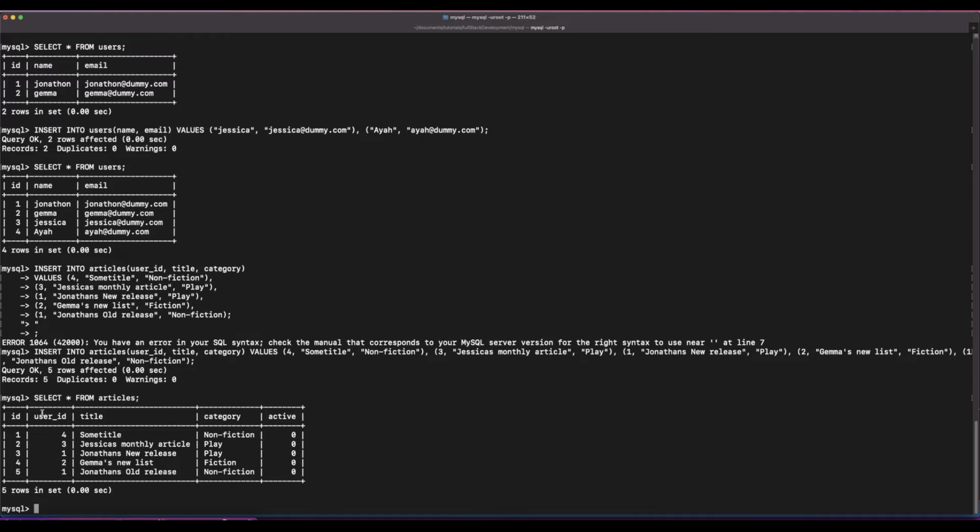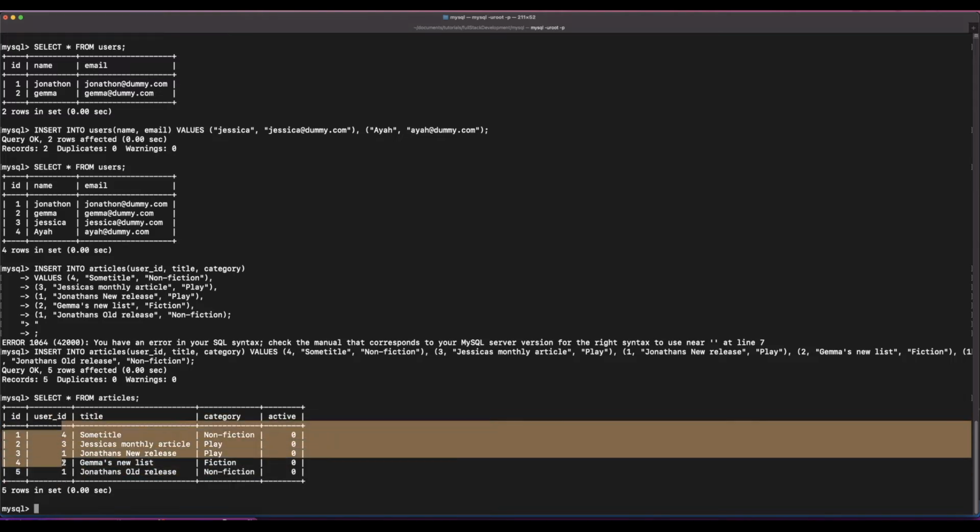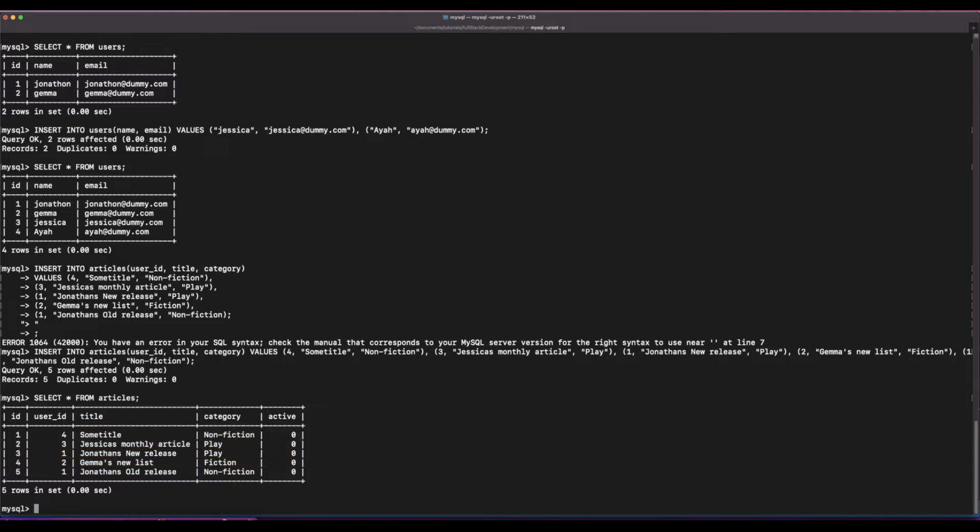That's good. So as you can see, we've got this user ID right here, and this user ID basically gives us the information of the user. So this article belongs to which user, and then later we will use this user ID to pull the user's information into this table. But firstly, we will try to manipulate this table, and to do that